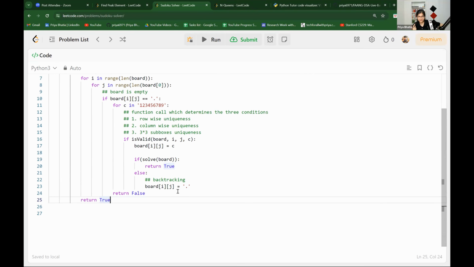So when this exits, it will start looping from value 1, then 2, 3, 4, 5, 6, 7, 8, 9, checking for every number this valid condition and writing that number if it is valid. After that, inside this if condition, once we are filling up the value with c, we are checking if this solve of board has inserted this value fine or not, if it is true or not. If yes, return true. Otherwise, if this part is false,